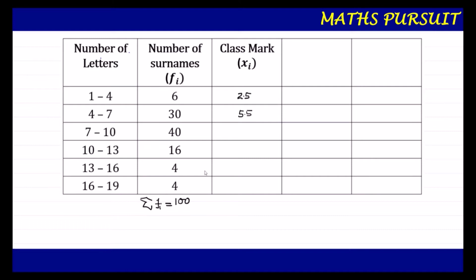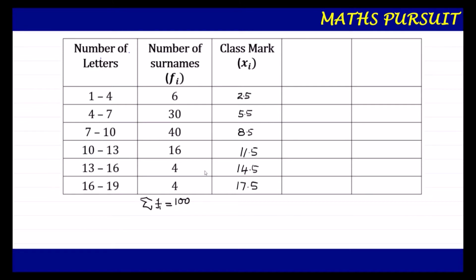And here also, as I told you, if you add the upper limit plus lower limit divided by 2, we will also get 5.5. Now after getting 5.5, I will add again 3, which will come to 8.5. Then I will add again 3, which will come to 11.5. Then I will add 3, I will get 14.5. And then finally, if I add 3, I will get 17.5.